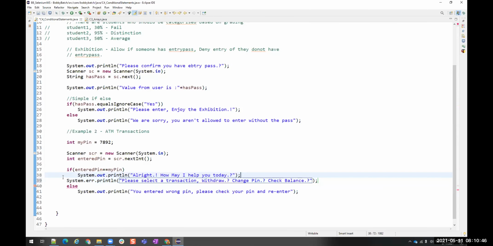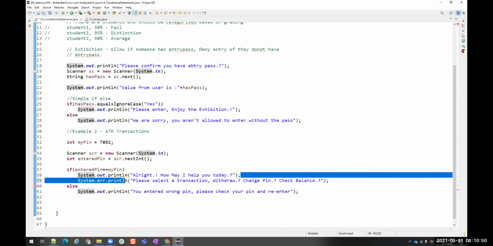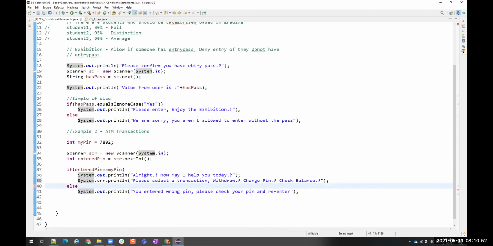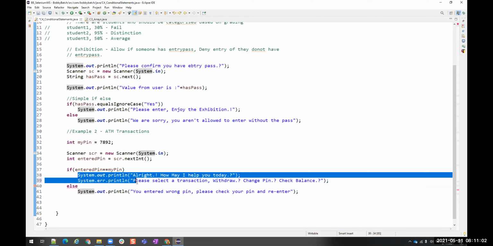Okay, I have two statements inside the if condition. The PIN is correct. I'm saying, all right, how may I help you today? Please select a transaction. Do you want to withdraw or change PIN or check balance? Now you see it is throwing an error at the else condition because I have more than one statement.